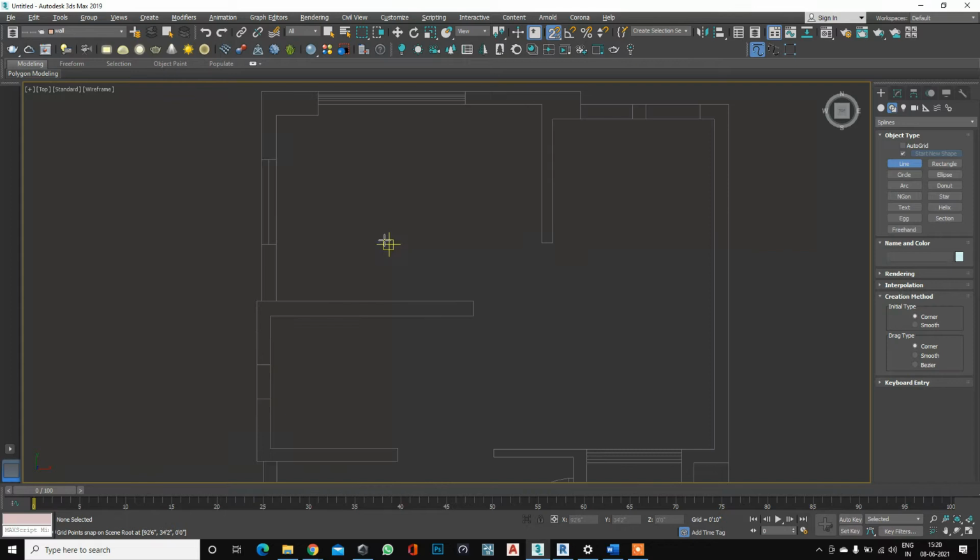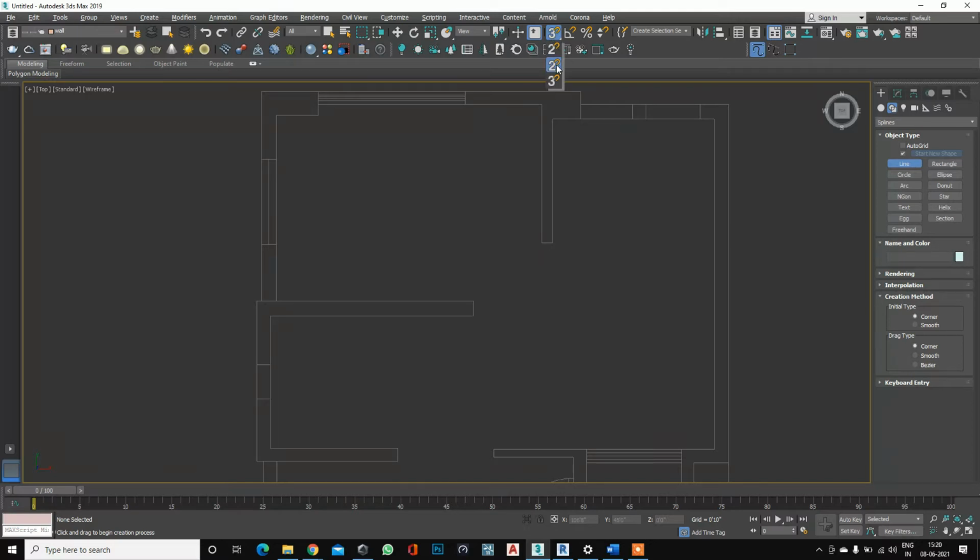Upper surface means, suppose this is our room. In the room there is one table, and that table has some height. If you want to put a flower pot on the table, we need the table as a surface. That time we need to set this as 3, because this is already our base surface and we have a table on it, and we need to put a flower pot on the table. So we need some elevation in our snap, so that time we use 3.